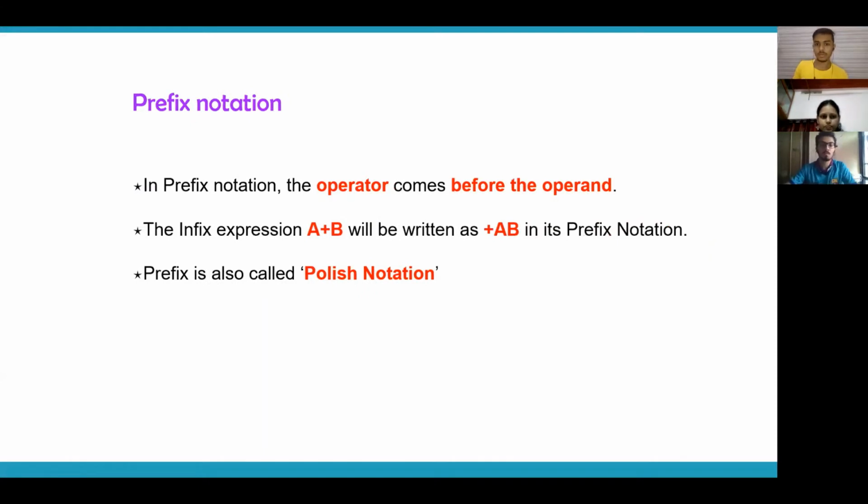Now you have the next notation, which is called prefix notation. So prefix, the prefix is pre here. What is prefix notation? If you want to do an arithmetic operation like a plus b, you will be writing it as plus ab. Again, the meaning is the same. You want to add a and b, but here you will be writing the operator before the operands. This is what is called prefix notation.